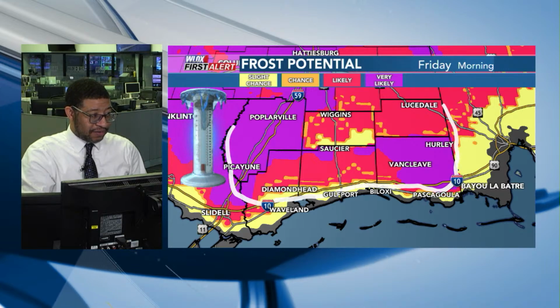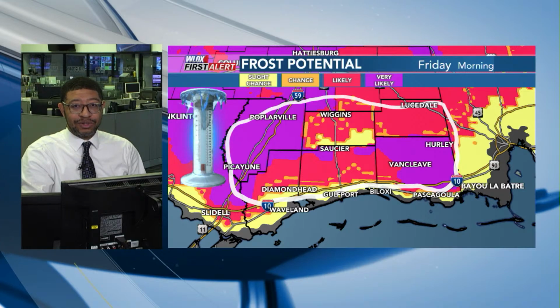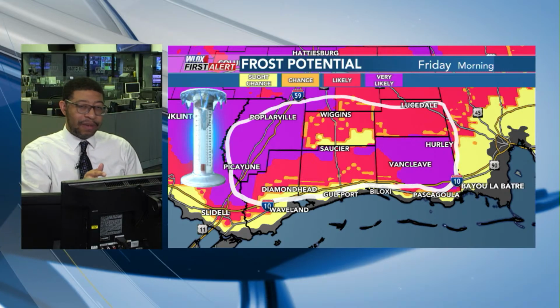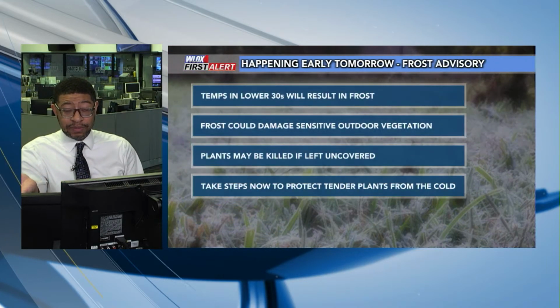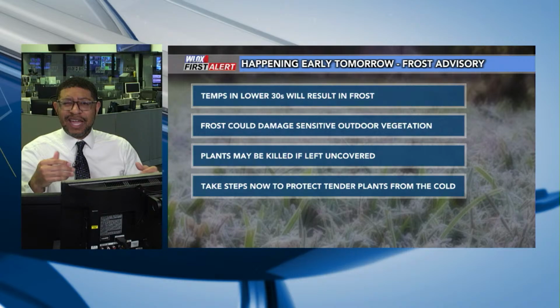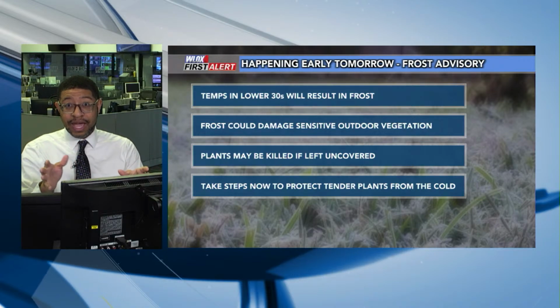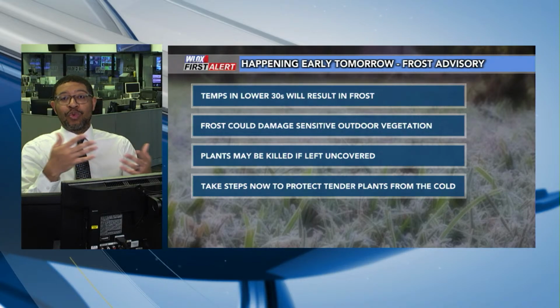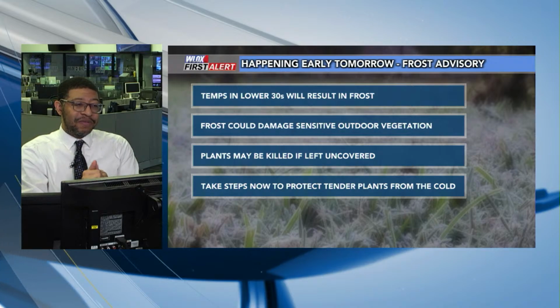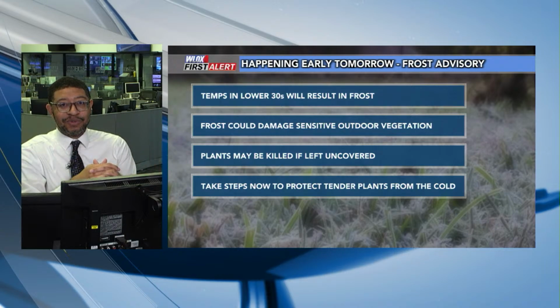Basically, anywhere that I've circled, you're going to want to make sure your protections are in place for any of your plants, because otherwise they're probably going to be damaged or killed by the frosty conditions that are going to happen tonight after midnight, especially between midnight tonight and sunrise Friday. That will be the time frame in which the area I talked about north of I-10 will see those temperatures drop to the mid to lower 30s. And, you know, if you planted early, now you got to protect those plants.